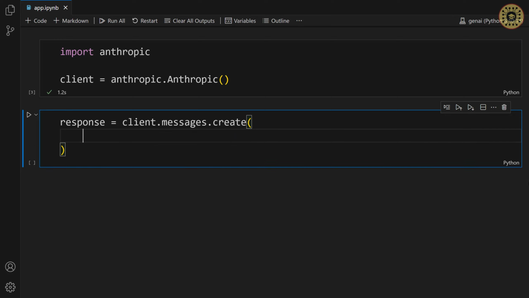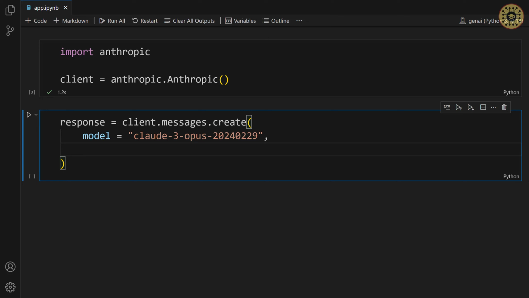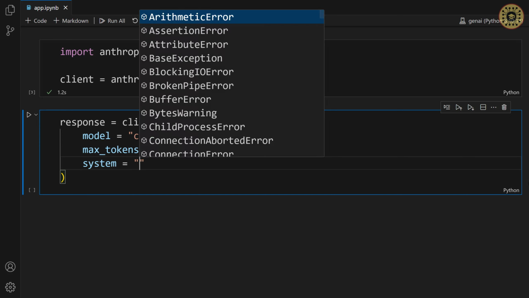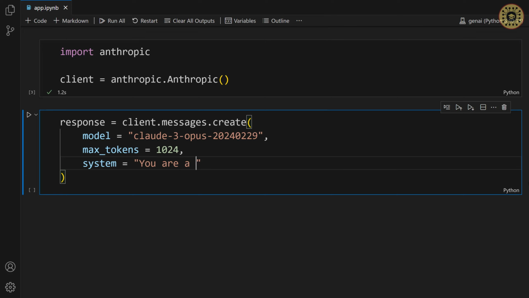Now let's select the model we'll use. model equals claude-3-opus-20240229 and then let's specify the maximum number of tokens. max_tokens, let's give 1024. Next, let's set the system message. system, you are a helpful assistant.